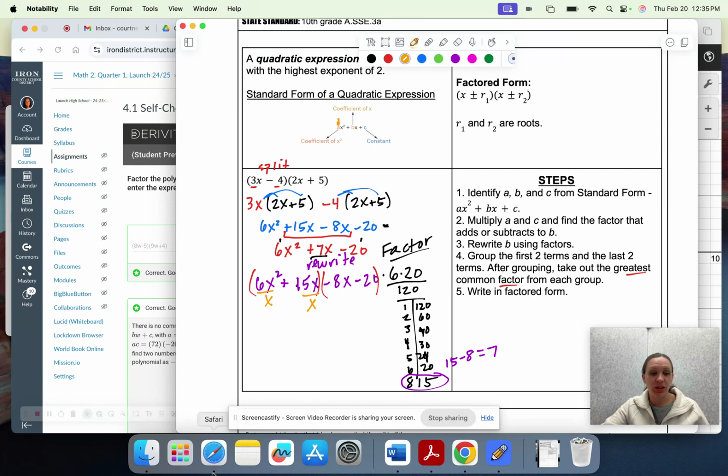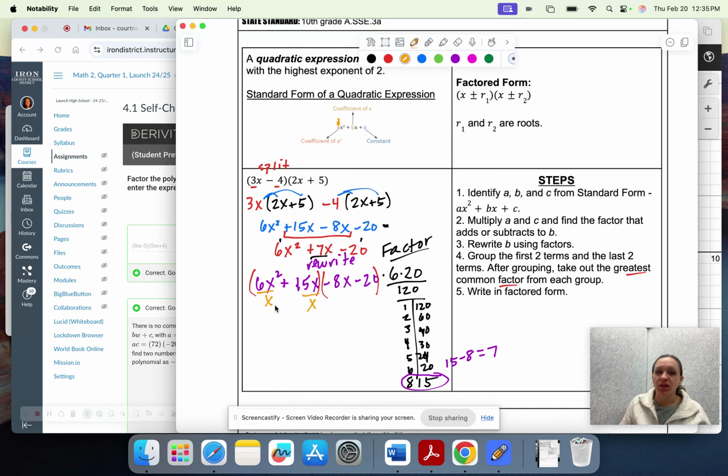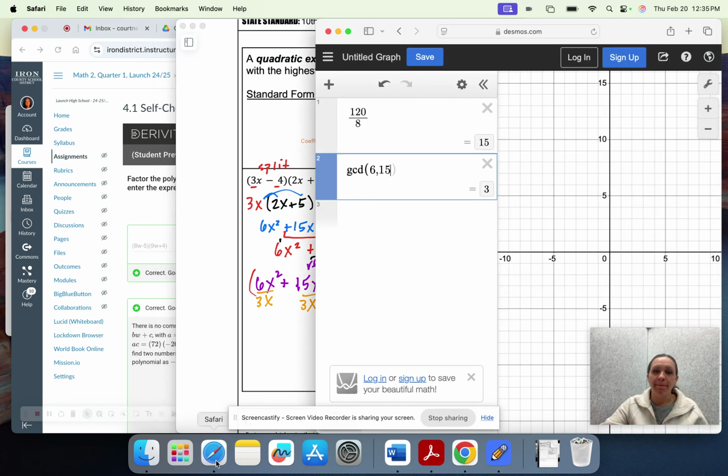And if you're not sure, there's a shortcut in Desmos called GCD, greatest common divisor, of 6. You would type 6 comma 15 or your 2 numbers, and that's the greatest number that those both divide by. So I'm going to divide that by 3. And you can do the same thing, 8 and 20,